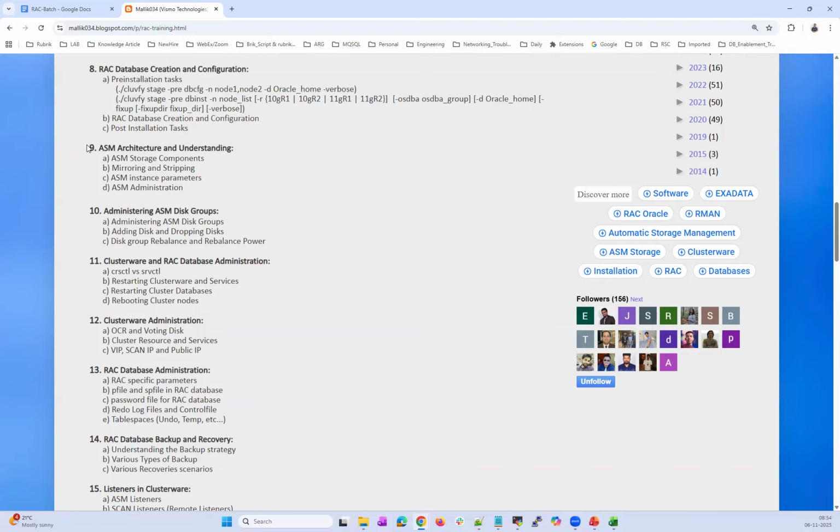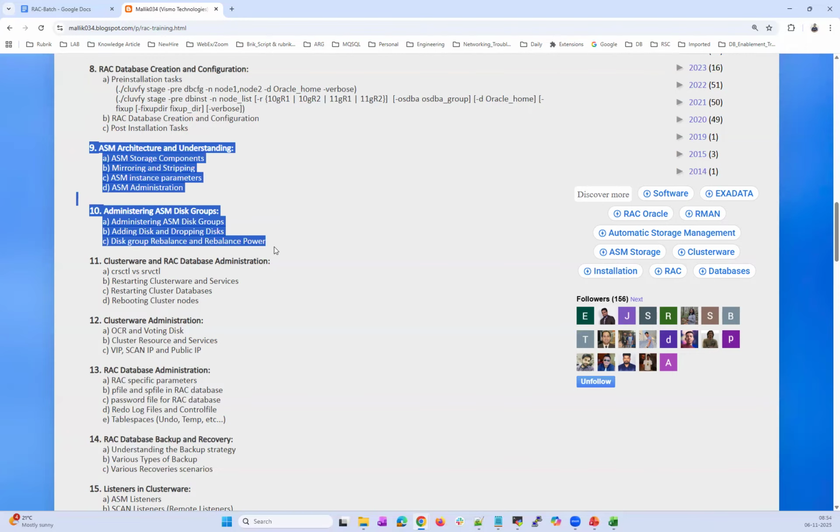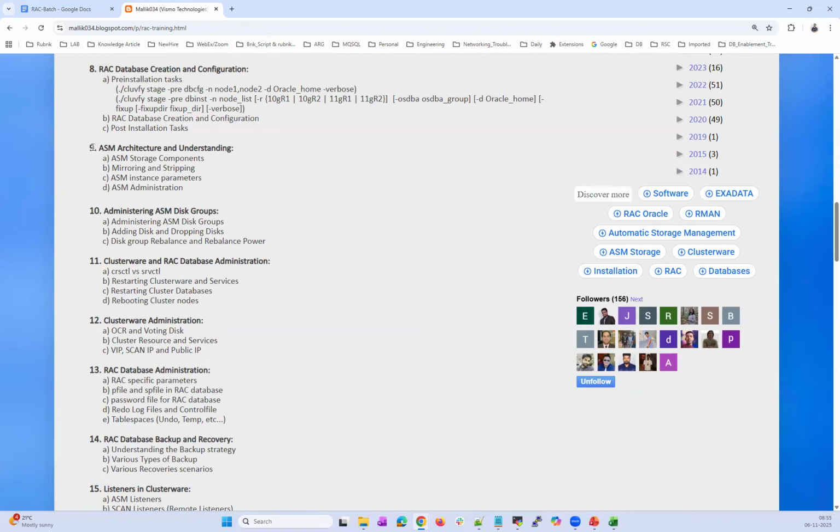We'll understand end to end ASM architecture, ASM disk group administration, disk administration, and ASM disk group level data rebalancing, and how to tune that rebalancing, which includes a lot of parameters, ASM power limit and ASM cache, and many ASM instance level parameters you can increase and decrease to make your rebalancing faster when adding or dropping a disk. All will be covered here in this ASM chapter,